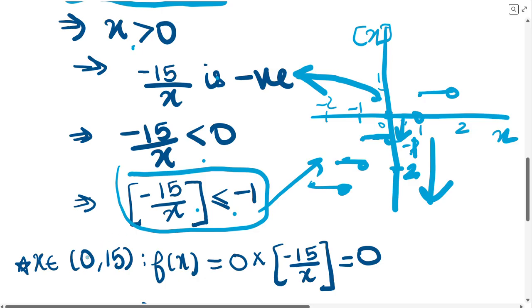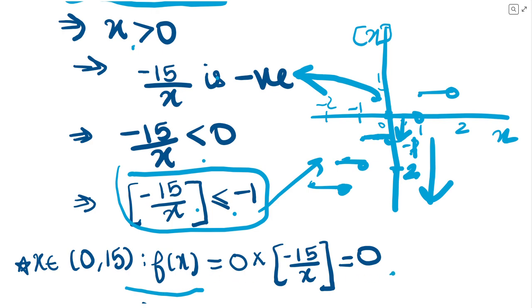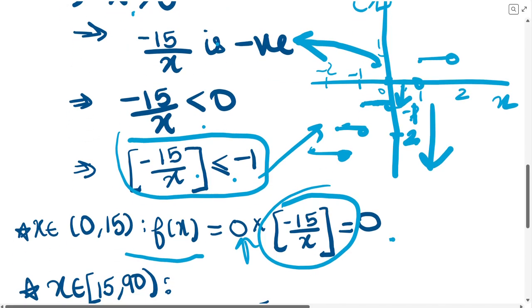All right. So now we'll also see for different intervals of x and how this thing is behaving. So there is a special case. If we notice closely, when x is between 0 till 15, the function is going to be a 0 function, right? Because this part is 0, so no matter what value this thing takes, it is none of our concern because ultimately it's multiplied to 0. That means our function will be 0.